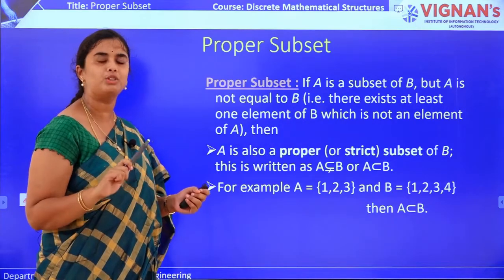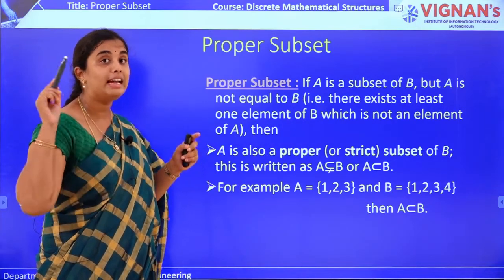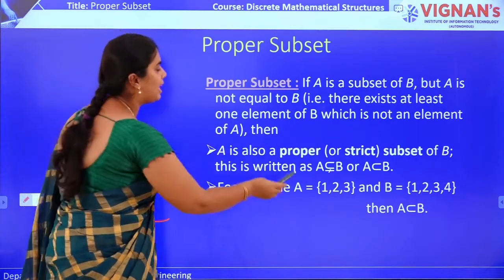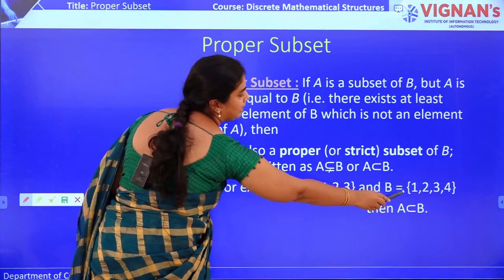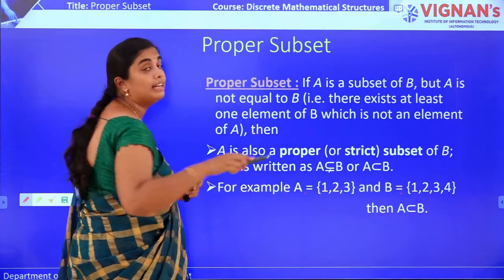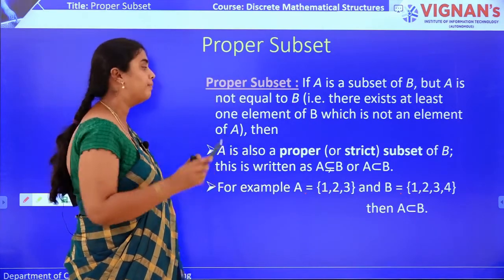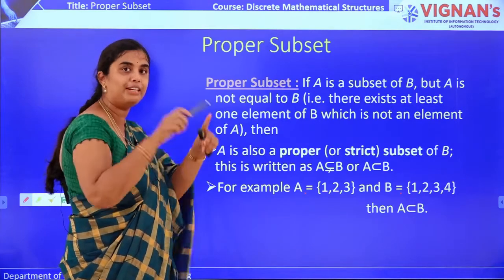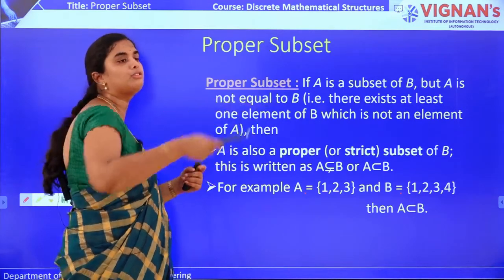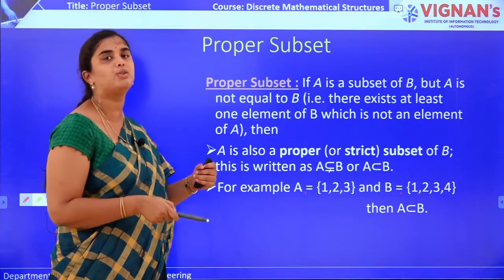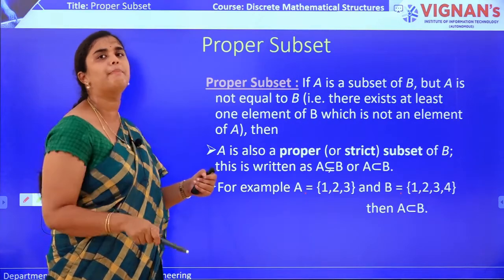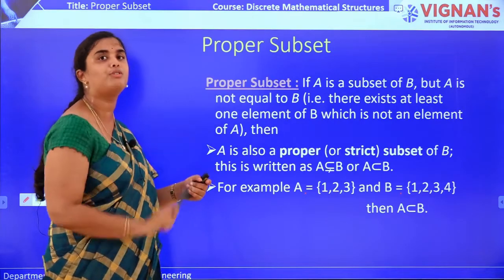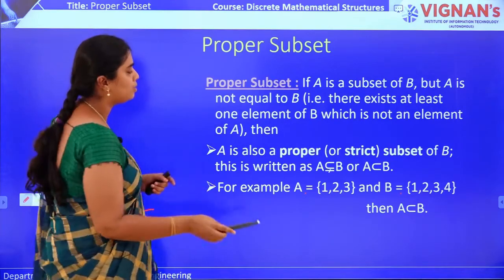This is very much similar to subset, right? But what is the difference? It is the perspective in which you see an item. Now you can see, as B contains all the elements of A, A is called the subset of B. But every view has two perspectives, right? If you see a person, you can judge him as a good human being or a bad human being. That depends upon the perspective in which you view that person.